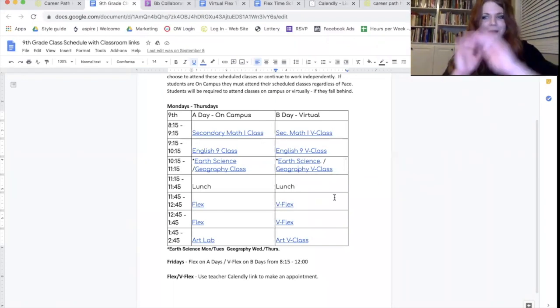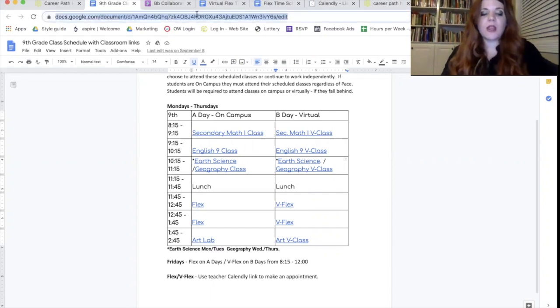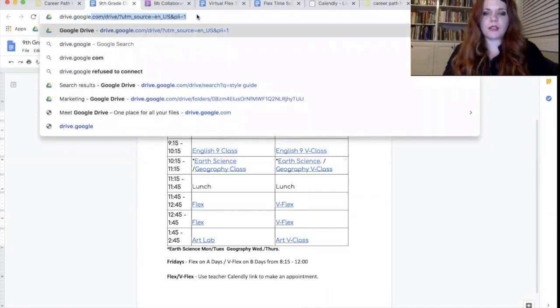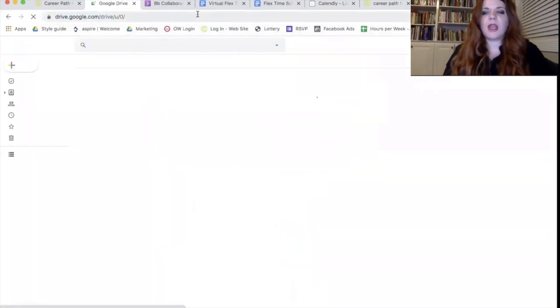Okay, I know that's a lot of information and I hope that makes sense. There's just one last thing I want to share with you. The last thing is how to access your Google Classrooms. So if you go to drive.google.com, you will be able to see,